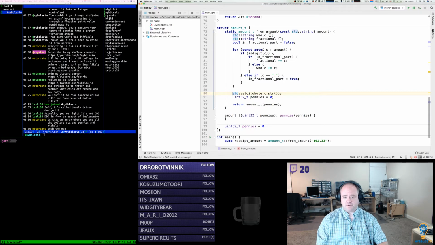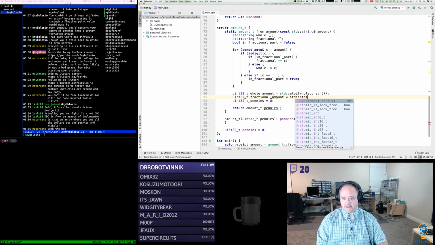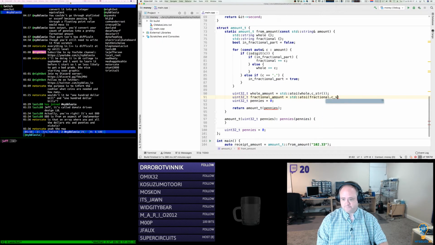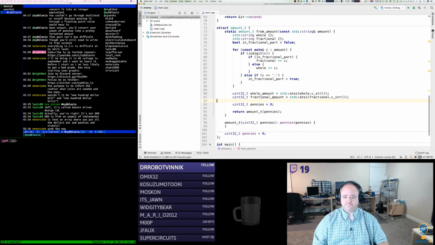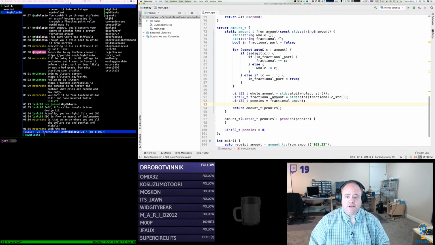And this is going to return whole amount, and then fractional amount, atoi. Oops. Okay. So pennies is equal to fractional amount, because those are pennies, right? And then to pennies, we're going to add whole amount